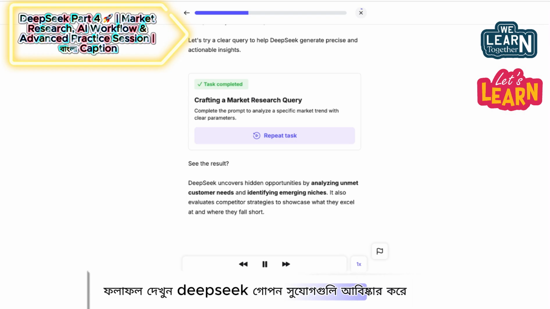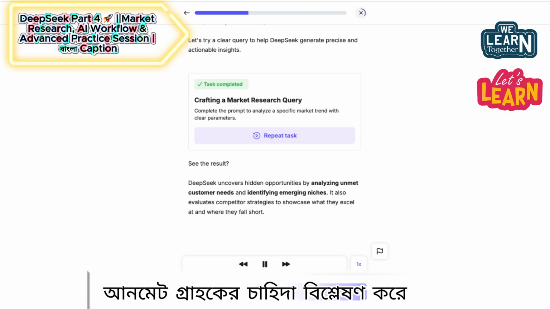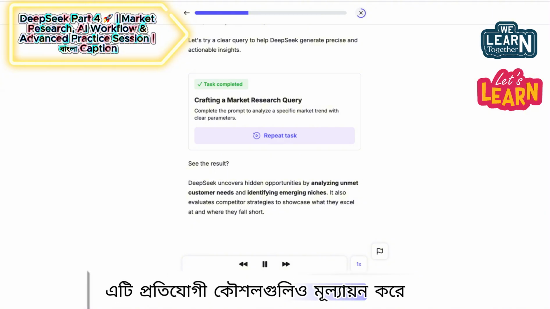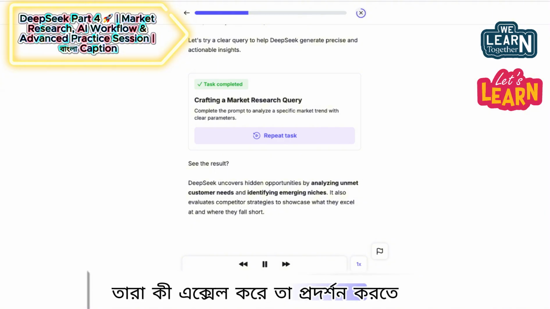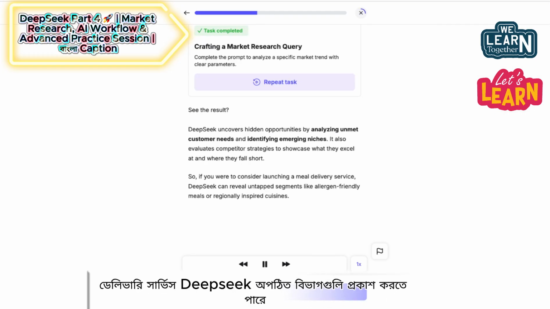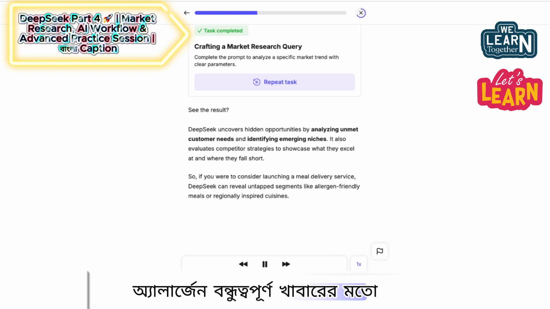See the result? DeepSeek uncovers hidden opportunities by analyzing unmet customer needs and identifying emerging niches. It also evaluates competitor strategies to showcase what they excel at and where they fall short. So, if you were to consider launching a meal delivery service, DeepSeek can reveal untapped segments, like allergen-friendly meals or